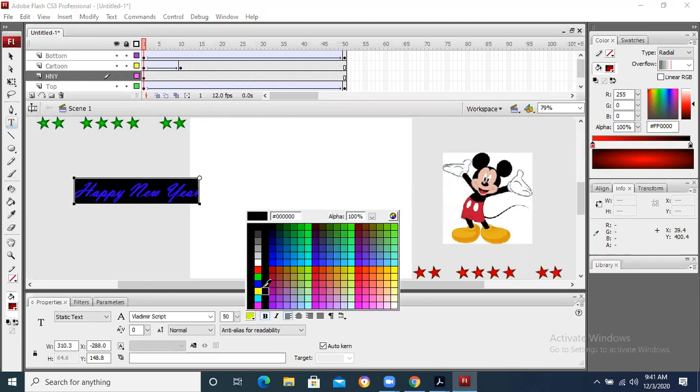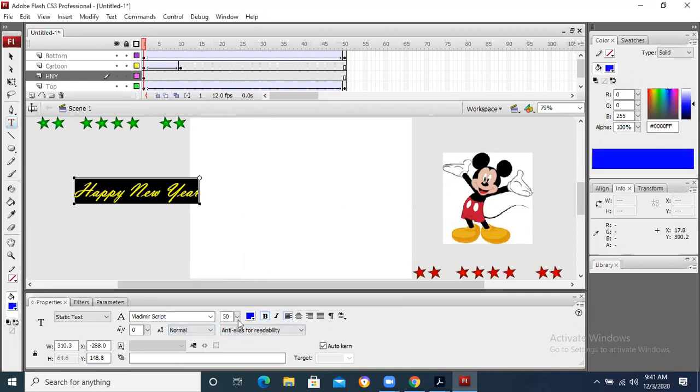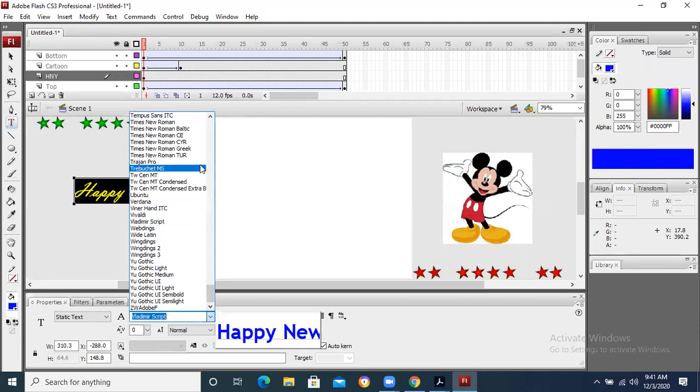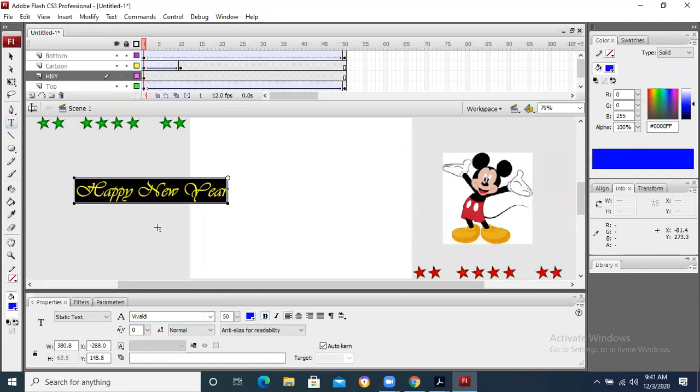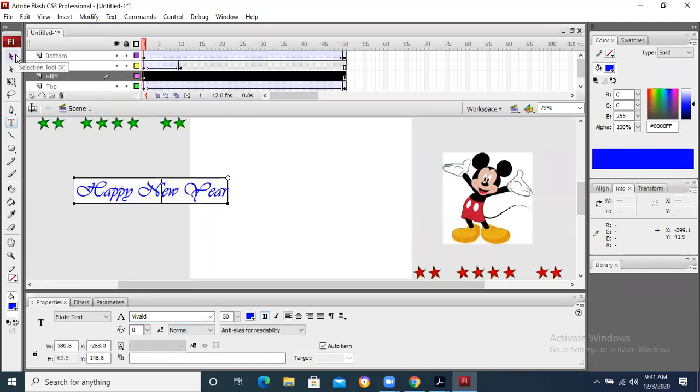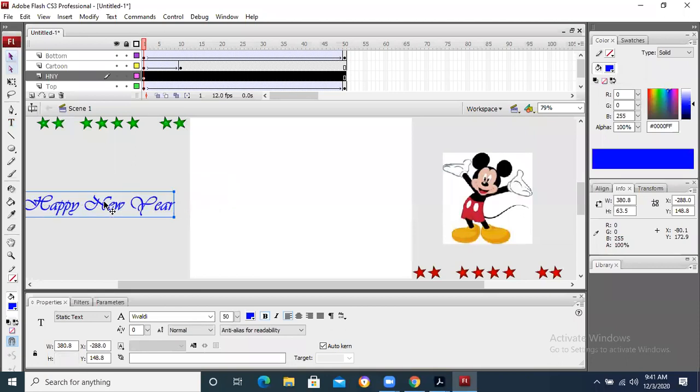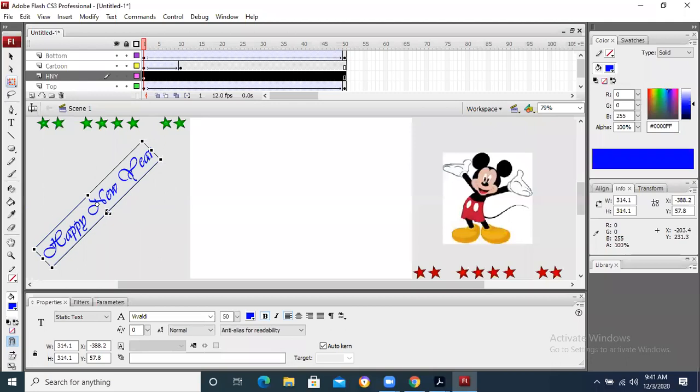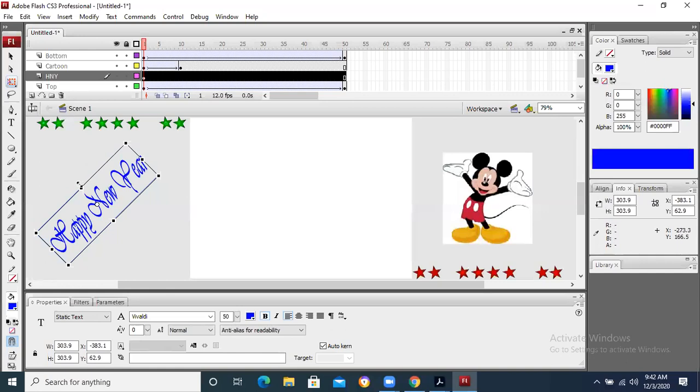I can change its color. I can make changes in the design or the type, whatever design you want to take, you can make the change. Okay, so this is the text that I have taken over here. I have placed it on this side. I can even make a rotation in it. Let's suppose I want to have this kind of rotation in it. So it depends on my requirement how I want to display it.